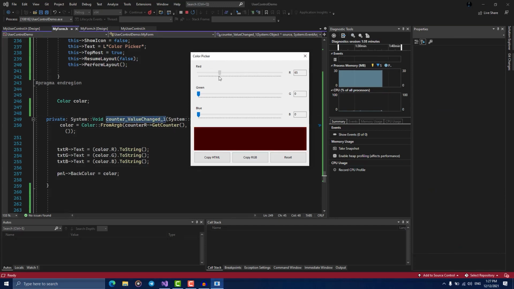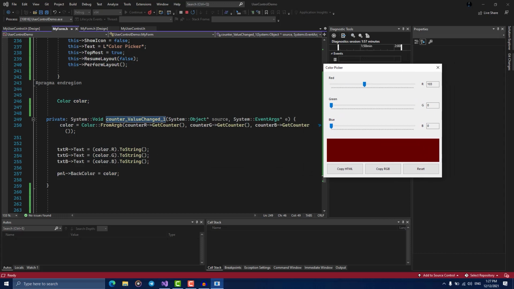So when we change the value of the track bar, it will trigger the event of track bar scroll, and then it will trigger an event called value changed. And then in my form, we can add some code to handle that event. So we have counter value changed, and then we have this piece of code where we set the color of